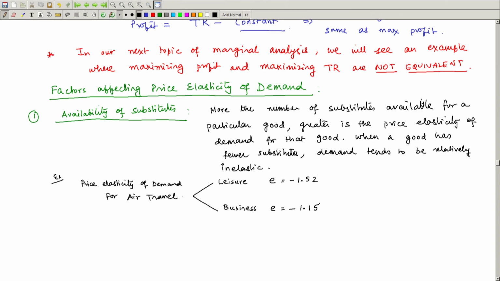Notice the absolute value for both is bigger than 1, right? Relatively, the price elasticity of demand for business travelers is a smaller number than that for leisure travelers, right? You would expect the same thing for train travel, whether it's a leisure traveler or if you're traveling for business. Which then tells us that demand tends to be, I can just extend this above argument and also say that demand tends to be more elastic